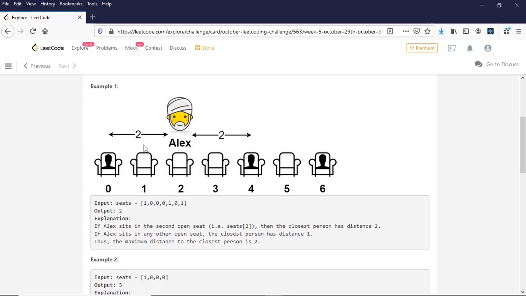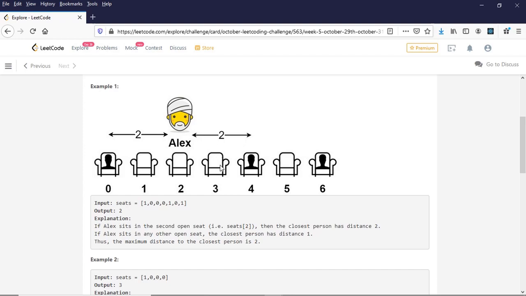What I mean by that is the closest person either to the left or right, the distance needs to be maximum. So if I place Alex on the first index, the distance to the left side person is only 1, whereas the distance to the right side person is 1 2 3. So even though this is 3, the closest person is 1 away from Alex. So the max distance here is 1. If I put Alex at 2, the closest person on the left side is 2 distance away, and the closest person on the right side is again 2 distance away. So here it will be 2.